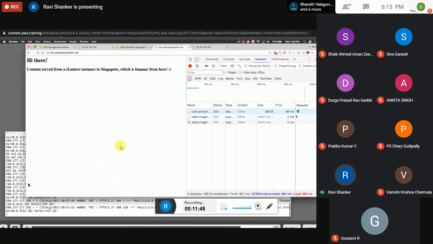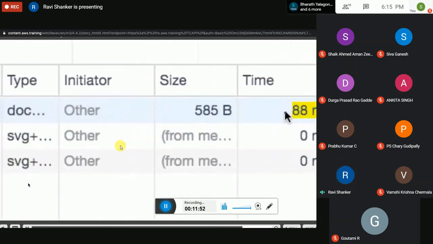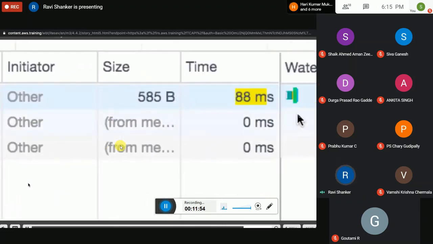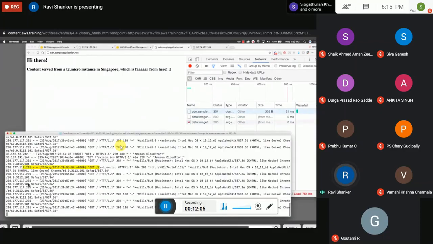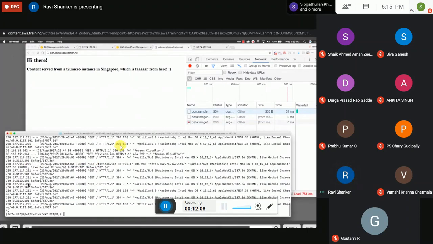You can also see that the latency of these requests to the CDN are much faster than having to go on the server for every request. You can see 88 milliseconds, 111 milliseconds, 12 milliseconds, 22 milliseconds, 31, and actually, you don't see activity on my web server. CloudFront also helps me keeping my high availability